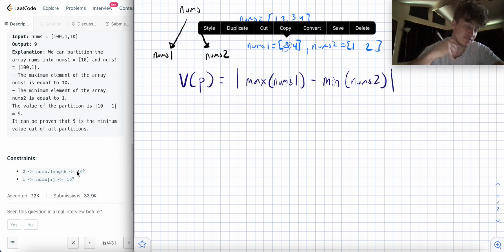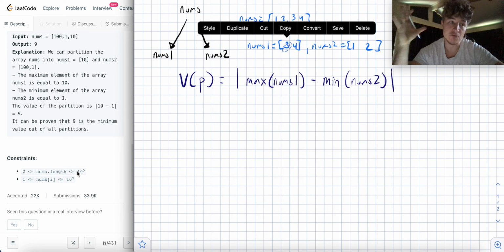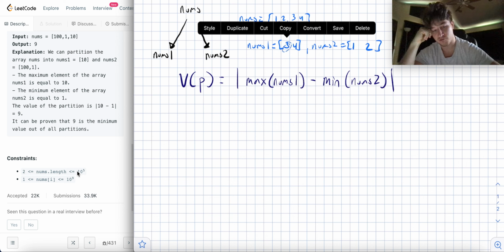Okay, so 10 to the 5. So we're going to need either a linear or a log n solution in order for this to pass, right? N squared would give us 10 to the 10, so that's going to be much too large. So it's good to look at these constraints and think about what's the upper bound on something that would be acceptable given these time constraints, right? So,